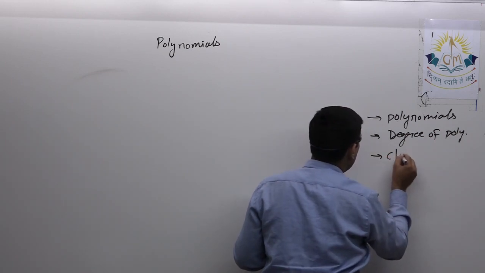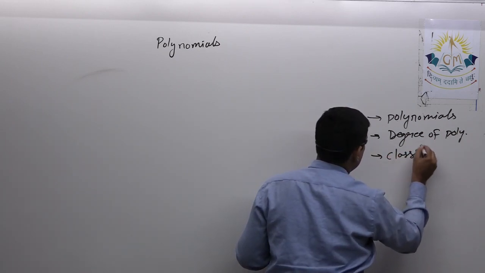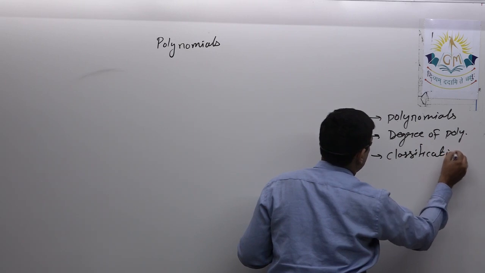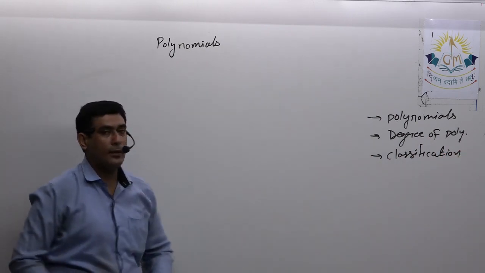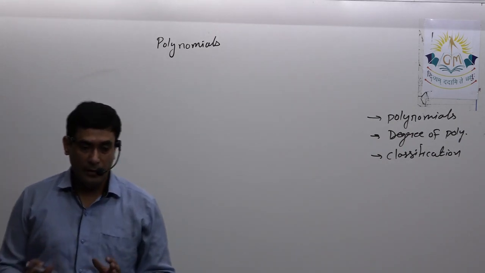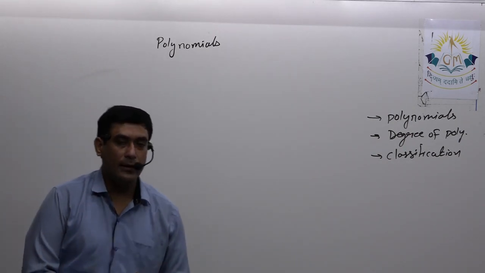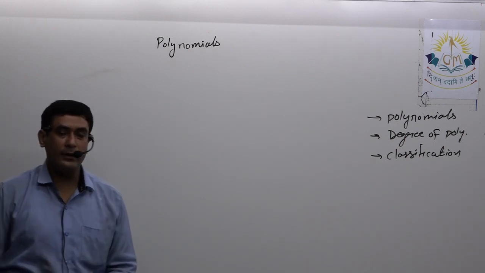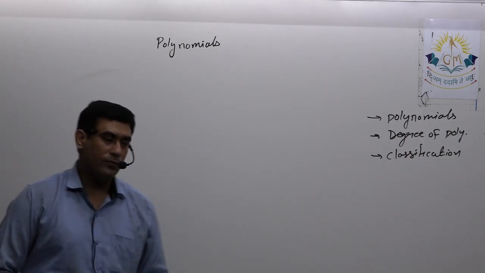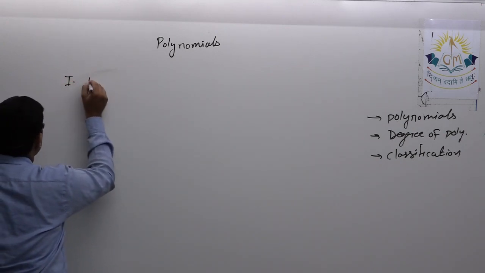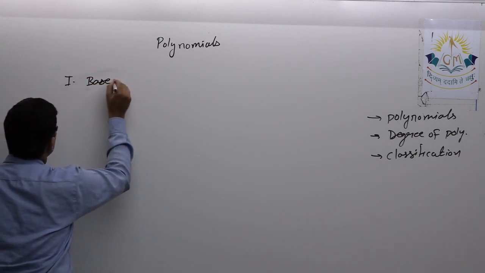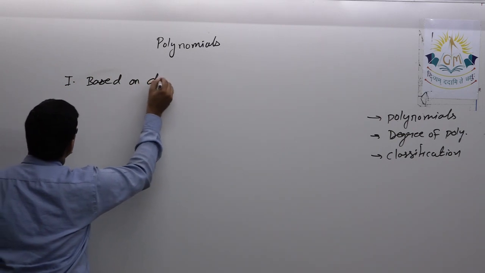Now we'll see classification. Now classification, type of polynomial. Polynomials can be divided into two categories. First is based on degree, and another is based on number of terms. So based on degree,